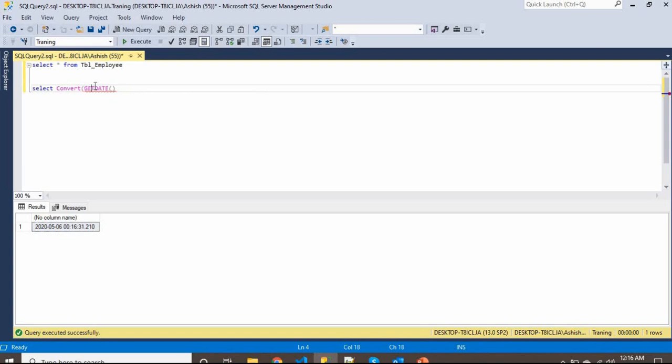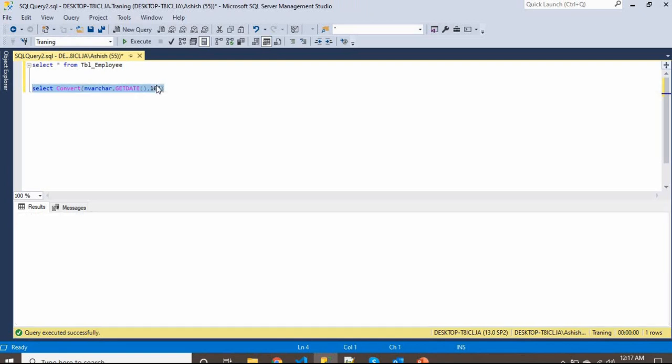Now you want to display that in nvarchar, and then you can make a format. See, this value is coming. However you change your format, 101, see, it is changing the format.